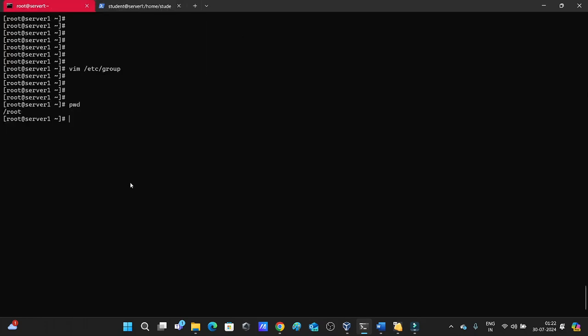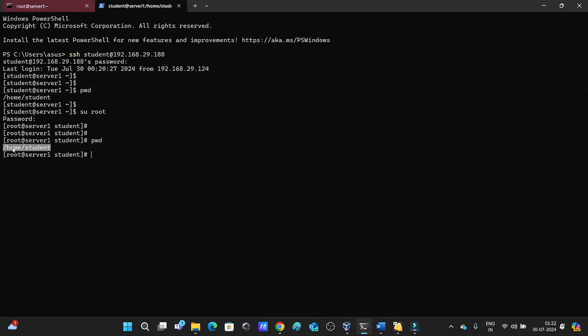So what is the root user path? This is the root user home path, /root. So you can see the path did not change, but the prompt changed. The previous prompt was dollar and now it is hash. The prompt changed but it did not switch the home path. Okay, so if I go back,